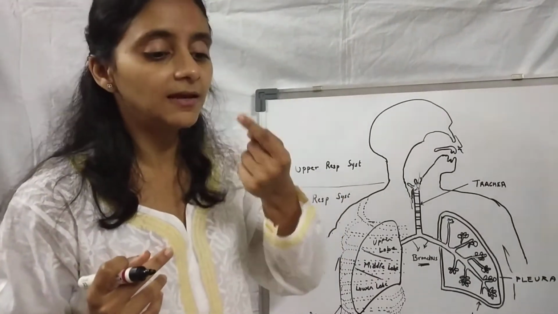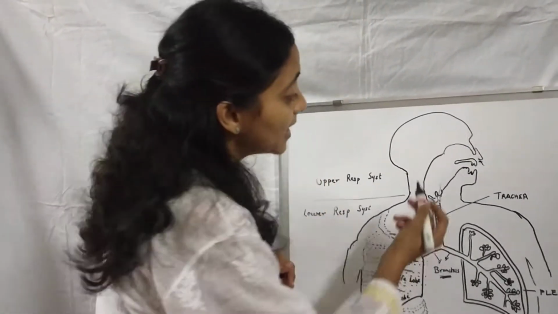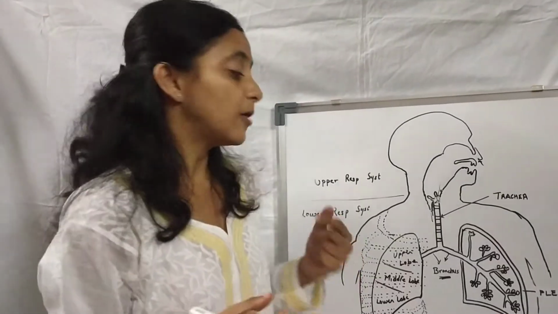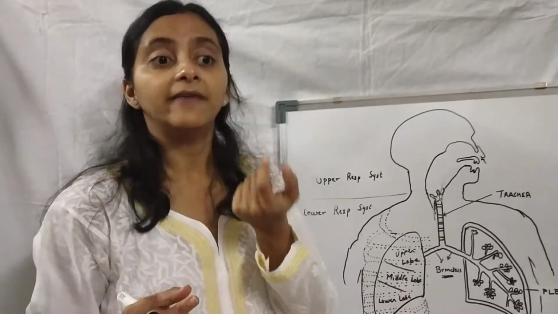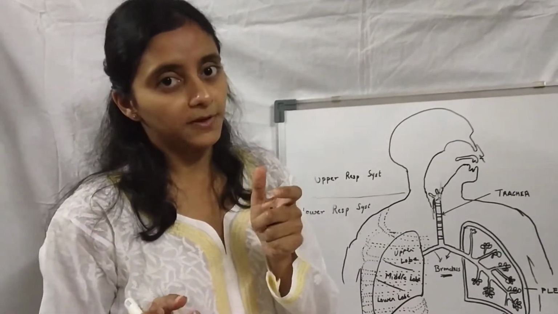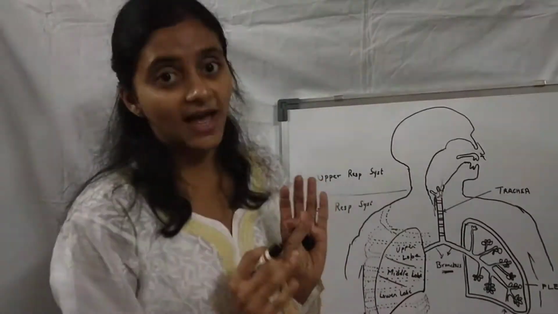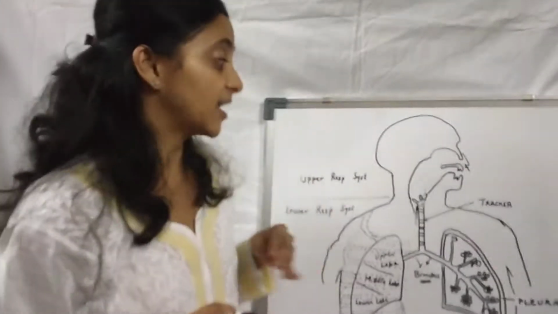So when you're speaking, your expiration is happening through the larynx, and that is when you can hear your voice. Now at that time your windpipe has to be open. So when you're eating, your food pipe has to be open, and when you're talking, your windpipe has to be open. If you're doing both activities together, the valve may get confused and the food can enter into the lungs, which can get very dangerous.